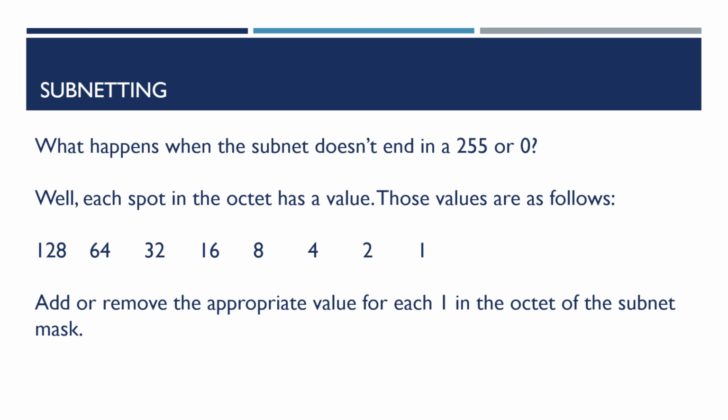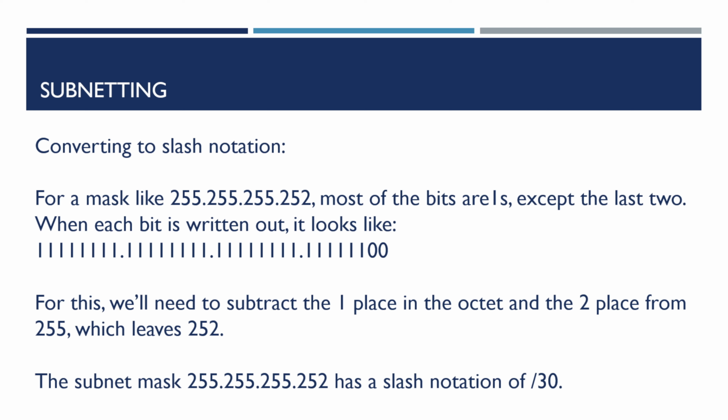So we can take the 252, and we can subtract each place starting from the left. Each one that's applicable is going to be a 1. Each one that's not applicable, or that you cannot subtract from because it's too big and it'll give you a negative number, is going to be marked as a 0 bit. Written out, the last ones, the 1 space on the right and the 2 space second to the right, are 0s, and the sum of the rest is 252. That subnet mask, if we sum up all those 1s, is a /30 for the mask